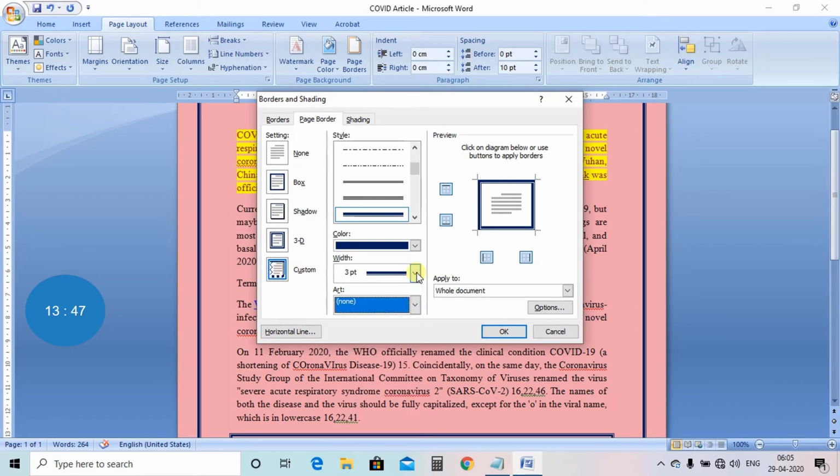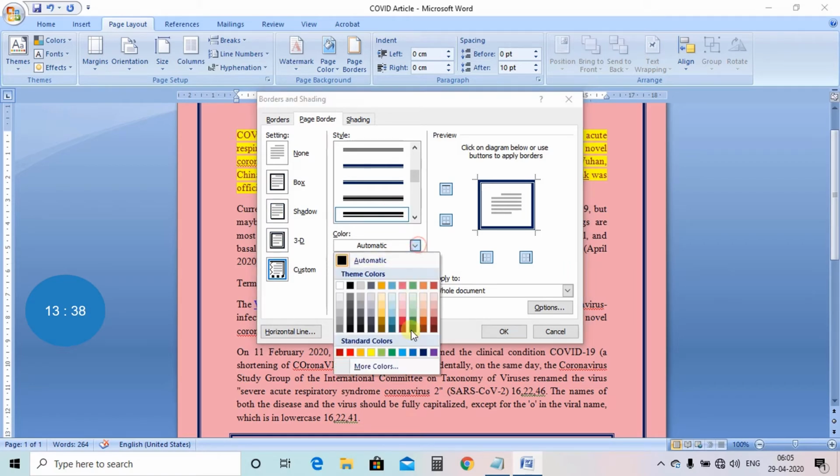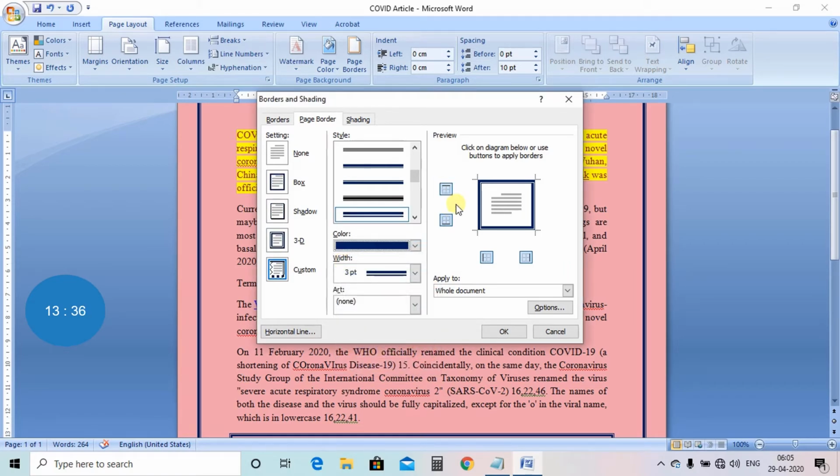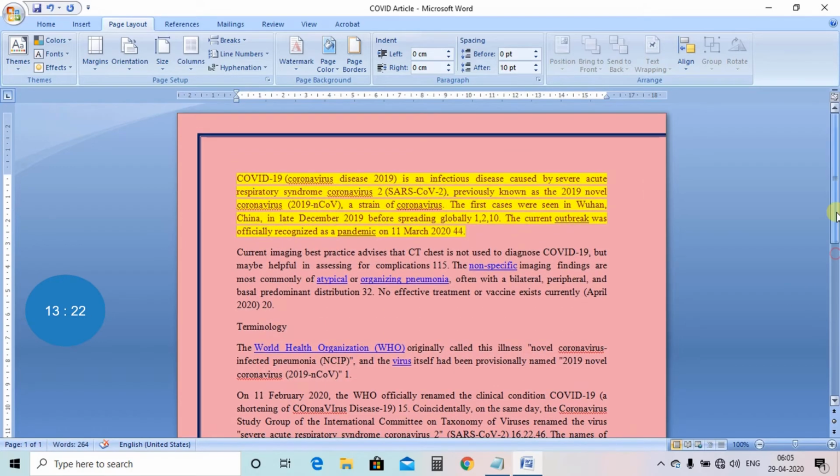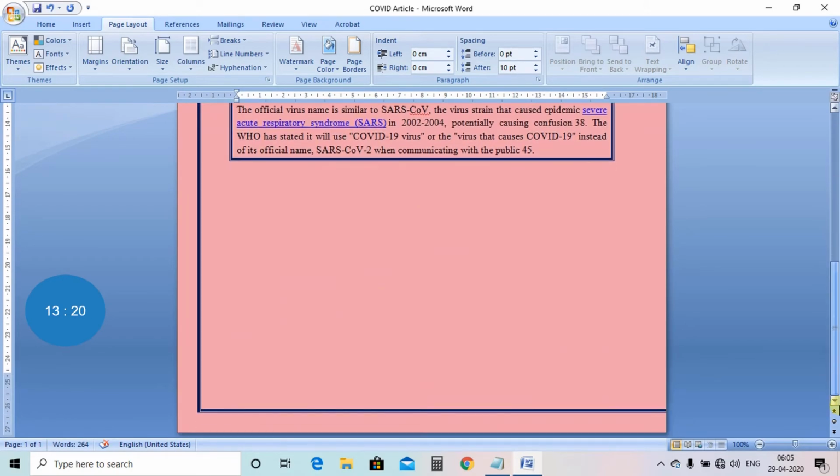You can customize the style. Suppose selecting it as, and I'm selecting the color. Now suppose I don't want border on the right side, so I will click here. It will remove the border from the right side. Okay, the border will be there but not on the right side. So you can remove it as per your own requirement, from the top, from the right, bottom, or from the left side. That is, just undo it.